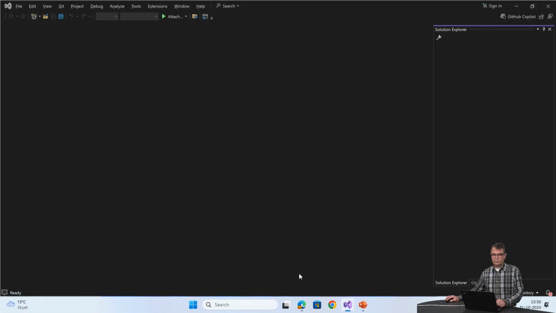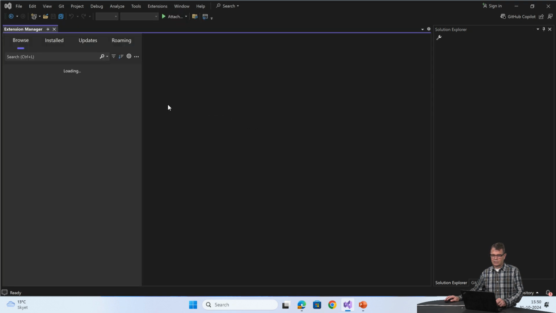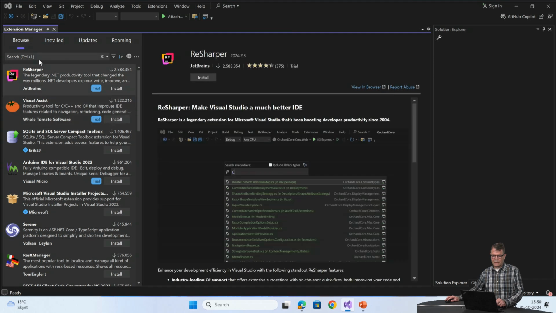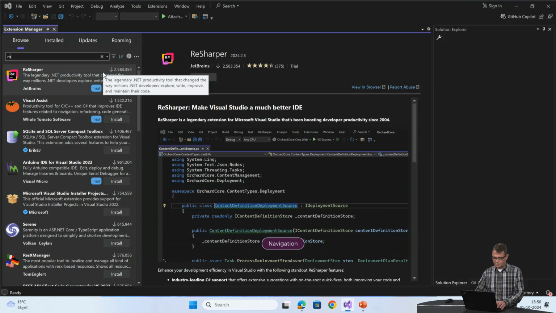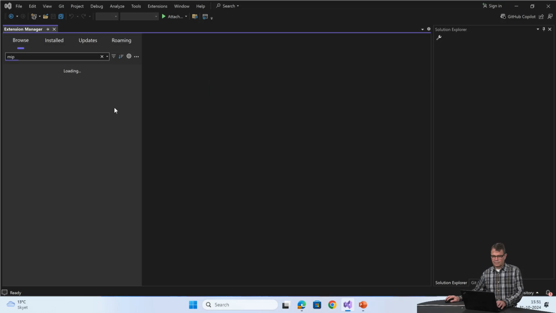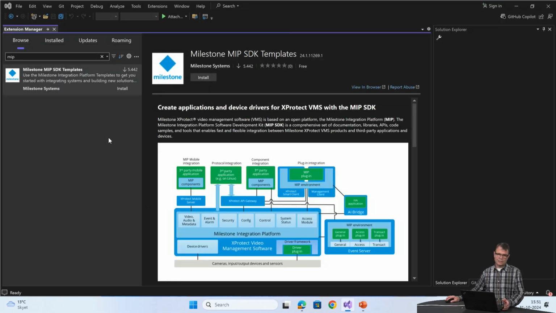Right now I'm switching to Visual Studio, which I have installed, and then I go to Extensions and Manage Extensions, and if I search for MIP, I get only one hit, the Milestone MIP SDK templates. Here you can install them. In later presentations, my colleagues will show you how these are very useful.